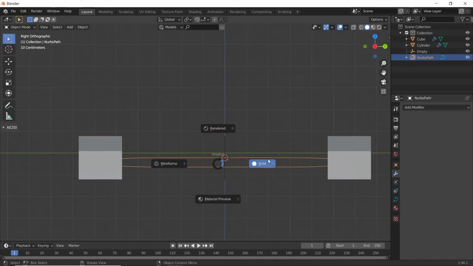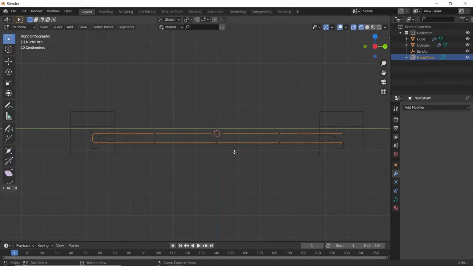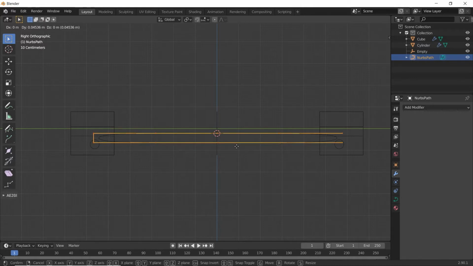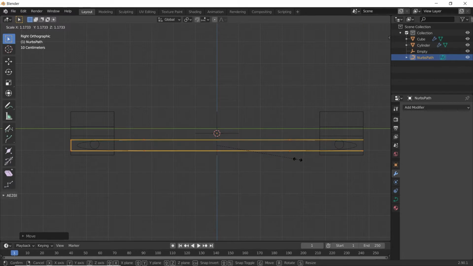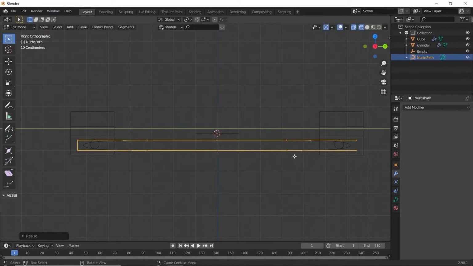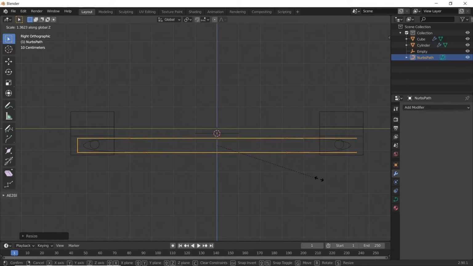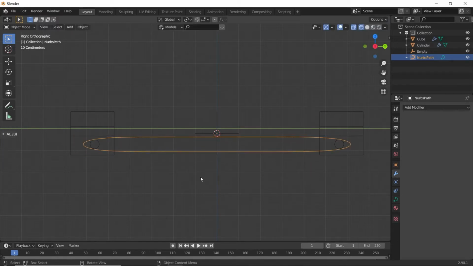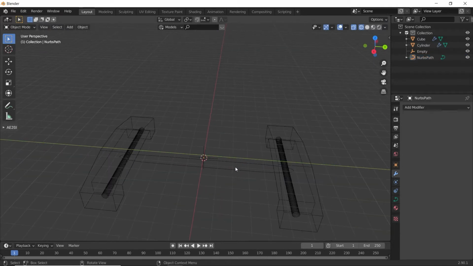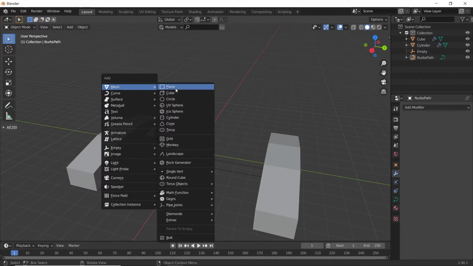Let's go to side view and the wireframe mode, go to edit mode, select all, grab it on z-axis, scale it on z-axis, and place it here. Now let's add a plane.